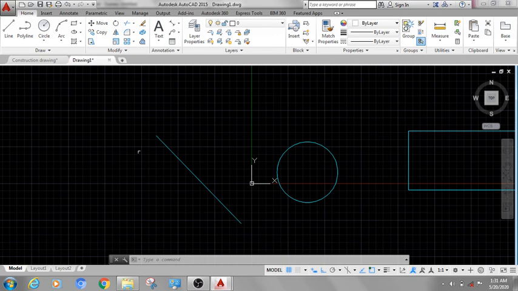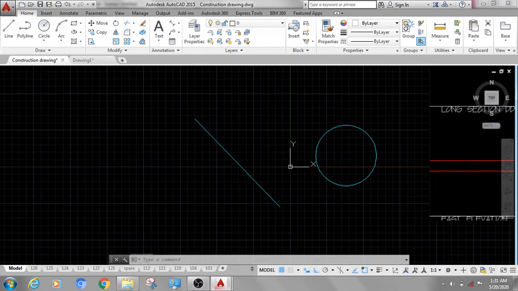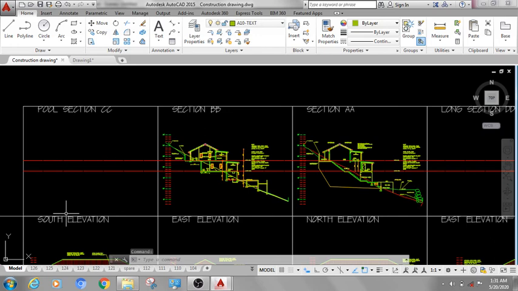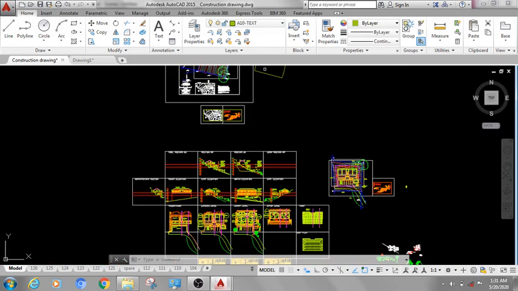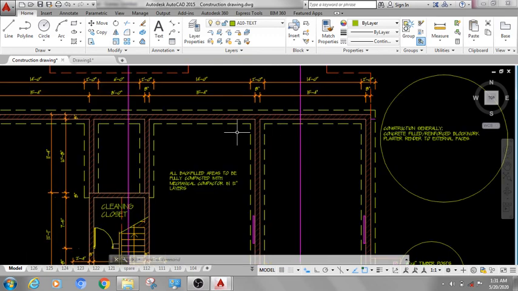Now here you can see this is a civil construction diagram. Here you can see many layers: dimension, center line, section, text.